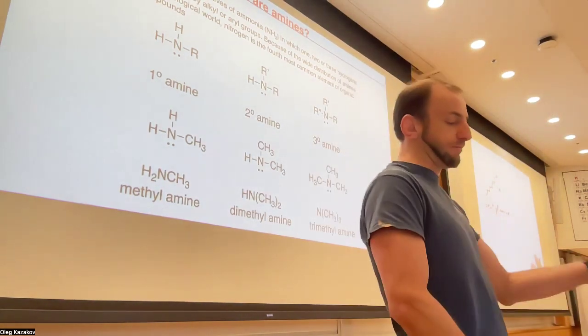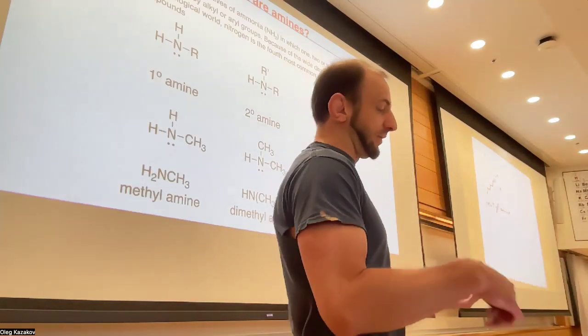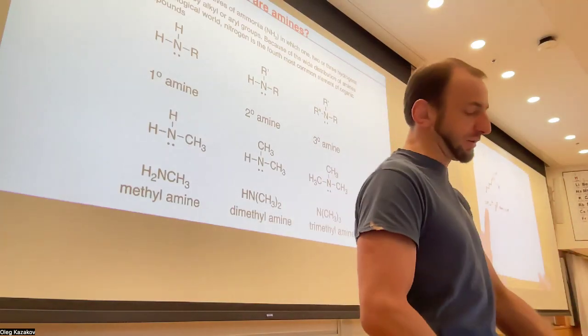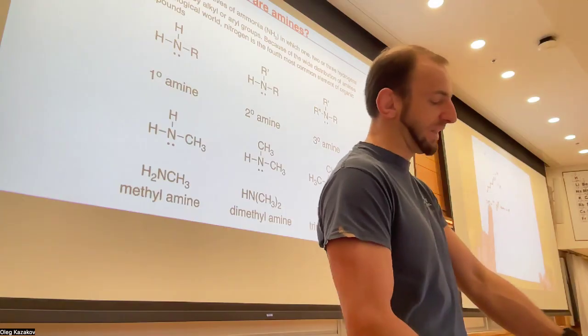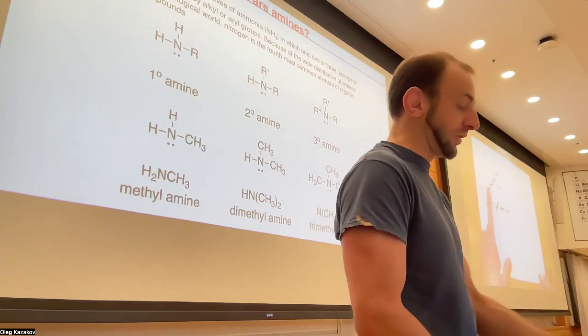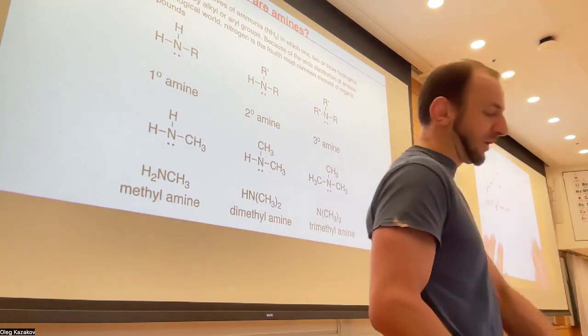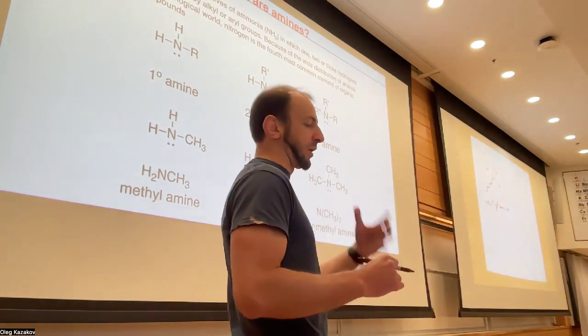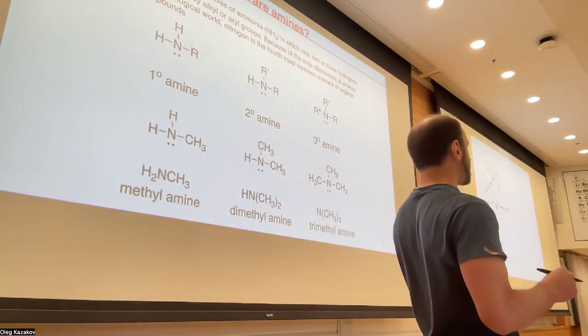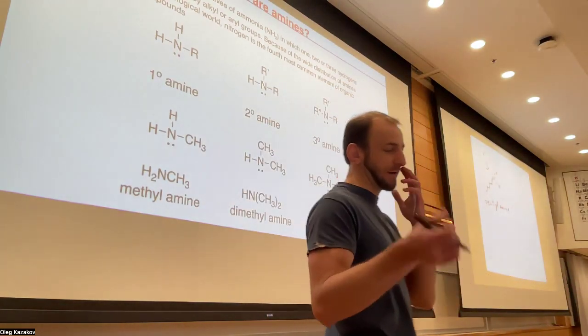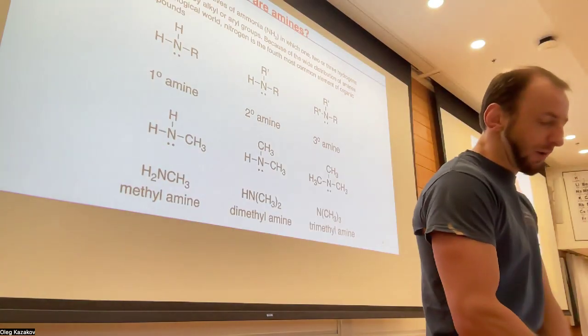So we have methyl from methane, ethyl from ethane, and so on. So pentyl is from pentane, so pentylamine. So that's your amine, right? And this is going to be a primary amine as well, because we only remove one H. Remove one H, you have primary, right? So they kind of are congruent with one another.